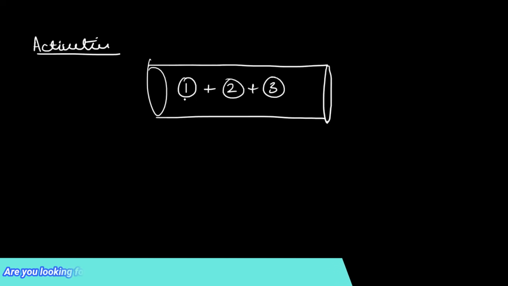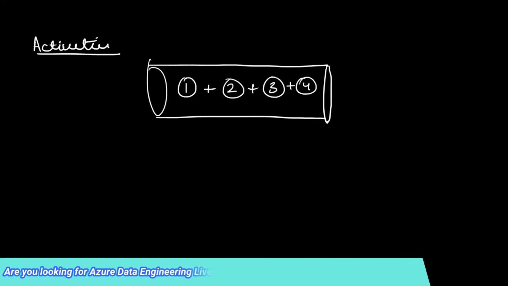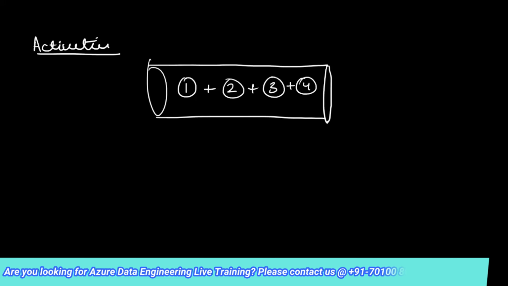Let's say within the pipeline, towards the end, I also want to copy the data from one place to the other. If that is required, let's say the final data that you have in the pipeline, you want to copy it somewhere. So all these movement related activities, transformation related activities, control related activities are basically the steps that you are going to perform on the data within a pipeline. Is that clear to everybody? All right. So these activities are nothing but the individual steps within the pipeline, right?